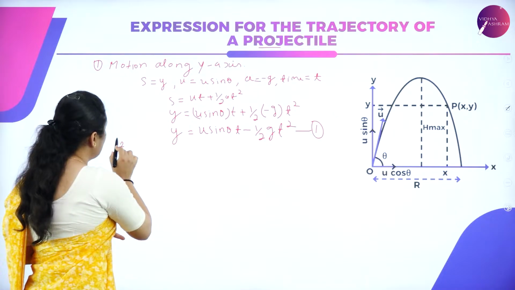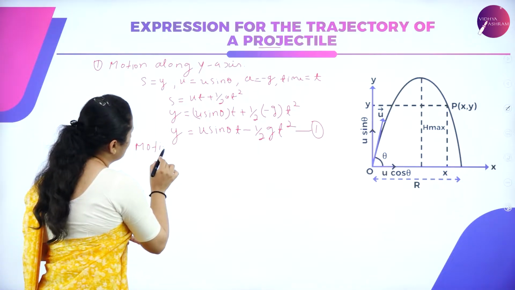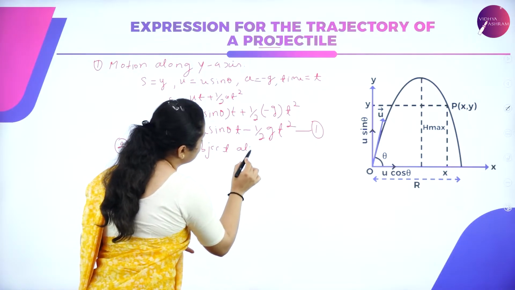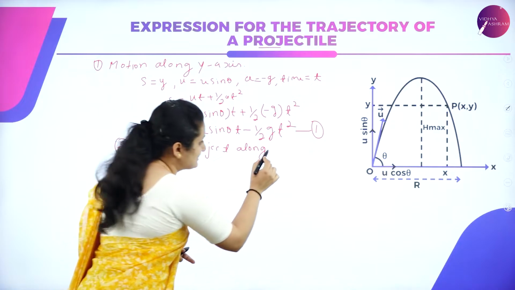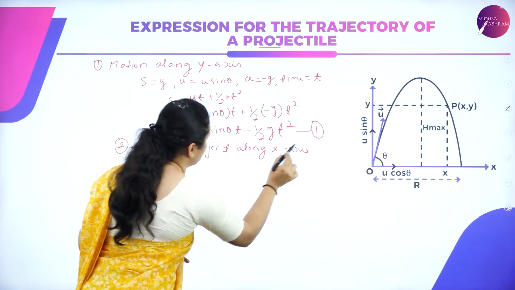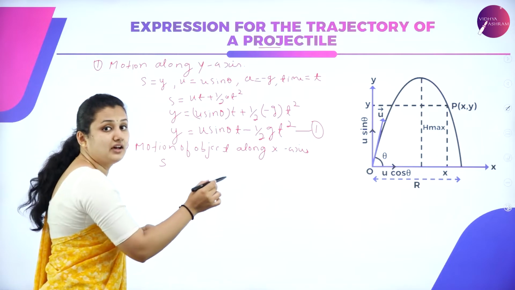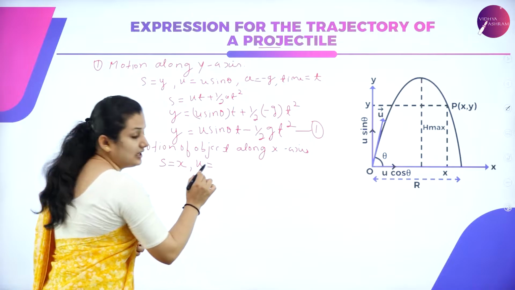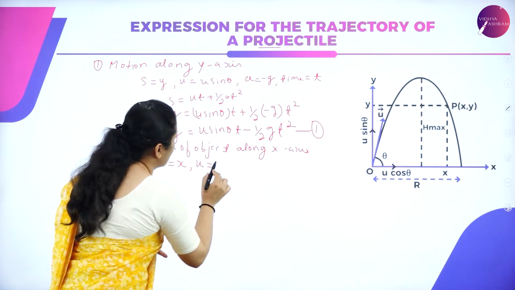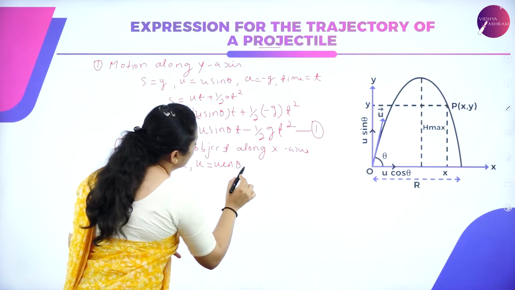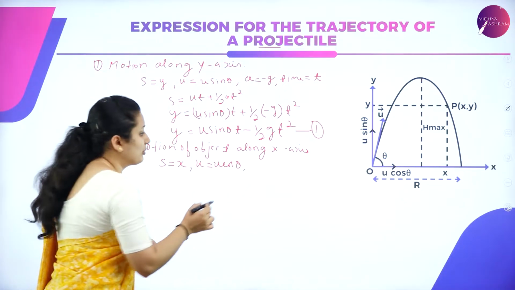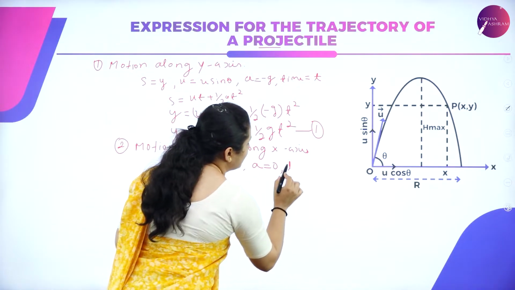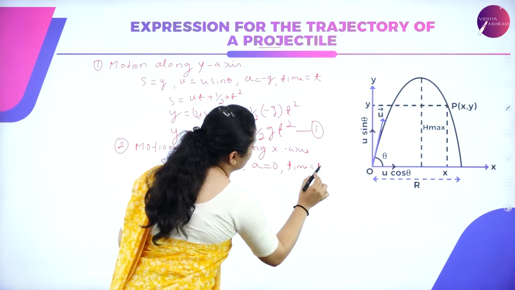So, secondly, I want to know the motion of the object along the x-axis. So, what will be my consideration? S, the distance travelled by the body along the x-axis, is S equal to x. The component of velocity along the x-axis will be u cos theta. And I know the horizontal component is constant at all points, so a is equal to 0, and the time taken by the projectile to travel is